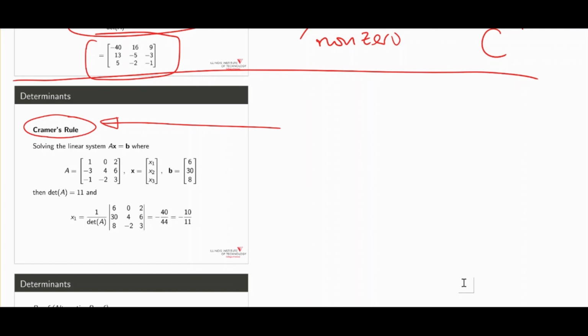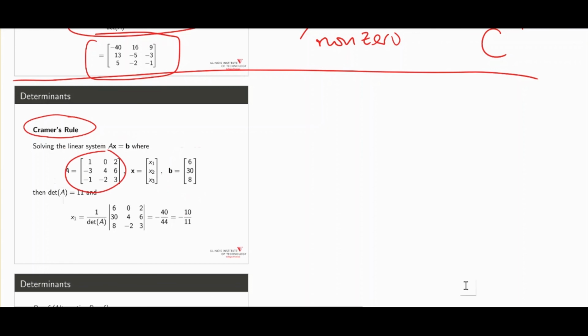Row reduction is a procedure. It's difficult to describe a procedure. It's easier to give a formula. So sometimes when people want a formula, we can give them a formula if your linear system has a coefficient matrix that is a square matrix. So if your coefficient matrix is square, so if you have AX equal to B, this is our matrix A, this is our vector X, and this is our vector B. So how do you solve this? So first of all,